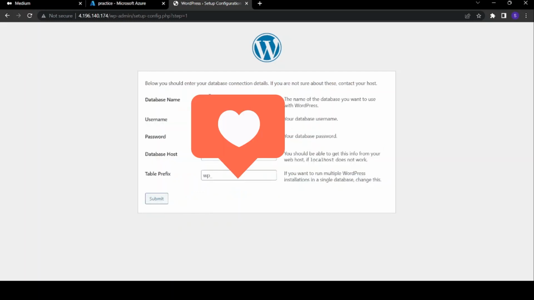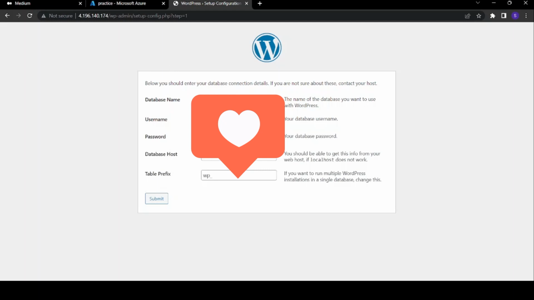We can enter all the details here, where we can see we need to enter the database name, and then we need to enter the username of the server where our database is being hosted. So I've renamed the database name as website11, and then we need to enter our username and the password